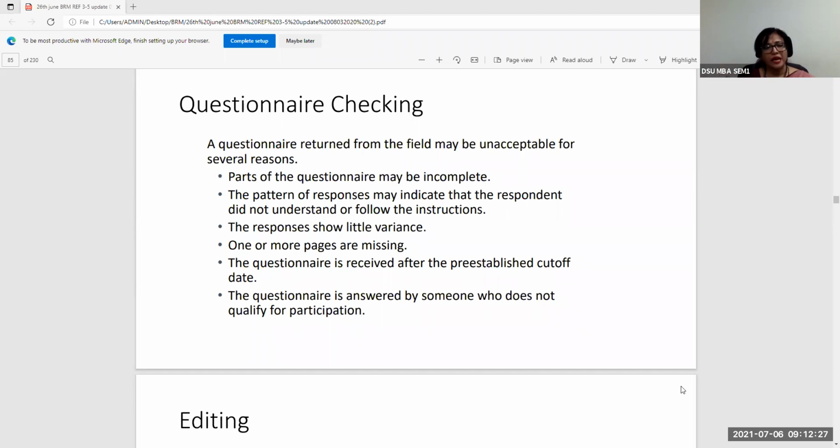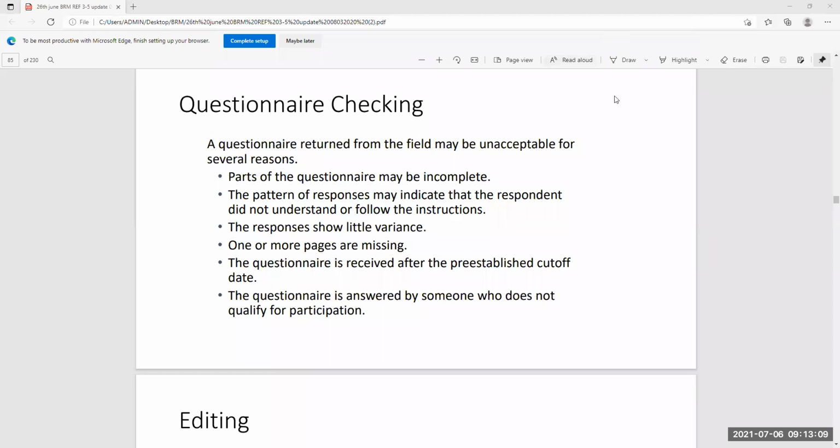It is not that every time you will have these kind of symptoms or incidences, but these are precautionary issues that I'm highlighting to all of you, so that going forward in your real life, during internship or during any dissertation or when you're actually working with any research project, these are things that you must keep in mind. Despite our technological advances, it is not necessary that at all given points in the future you will always use an e-questionnaire. There is a possibility that you are using an e-copy questionnaire along with a printed version.